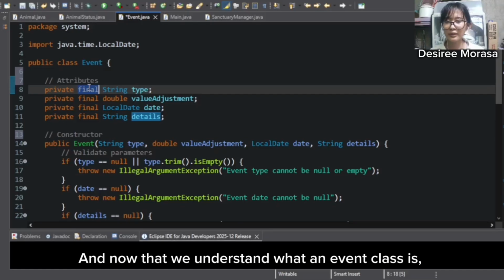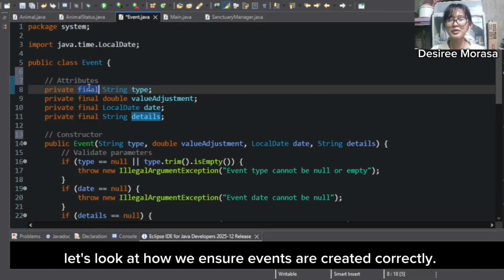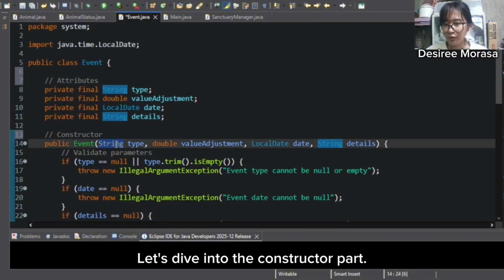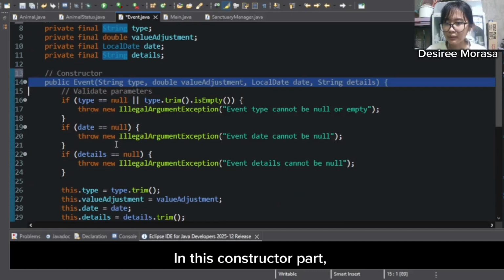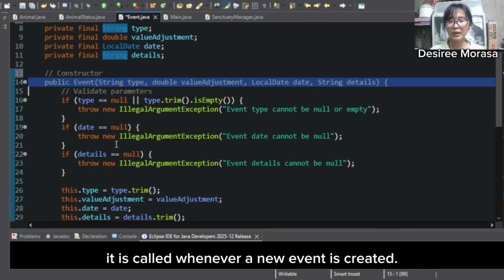And now that we understand what an Event class is, let's look at how we ensure events are created correctly. Let's dive into the constructor part. This constructor is called whenever a new event is created.